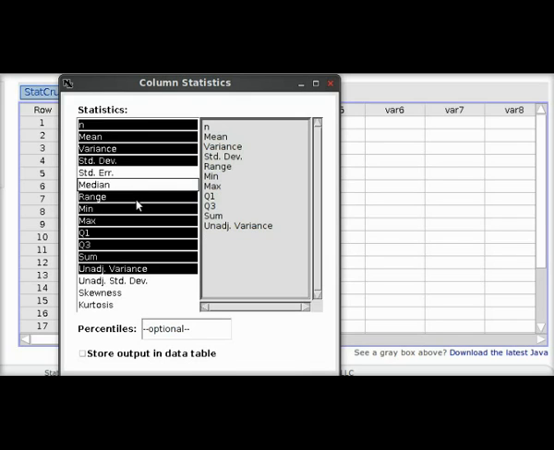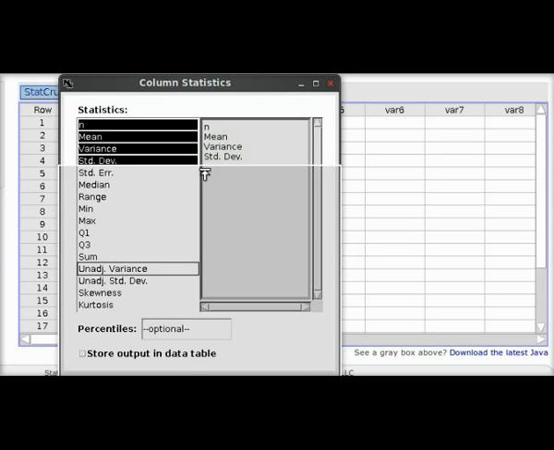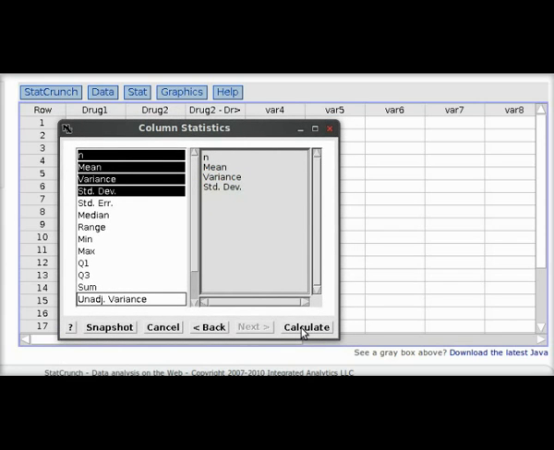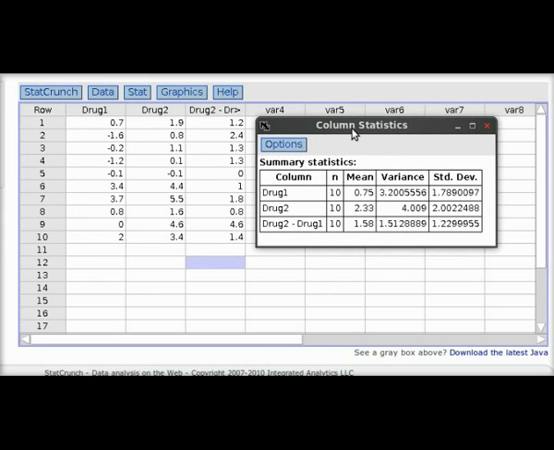Not the most useful to me for our purposes with this exercise, so I'll get rid of it. Same with the median range, some of these other non-parametric things that I don't really need. So I'm only going to get what I absolutely need, and highlighted those, calculate,